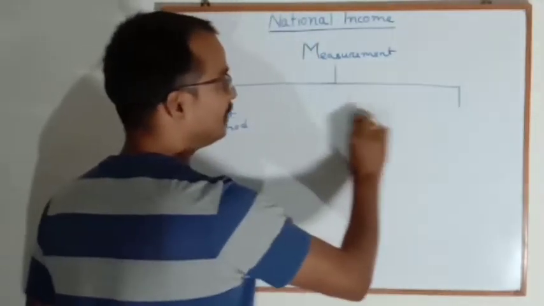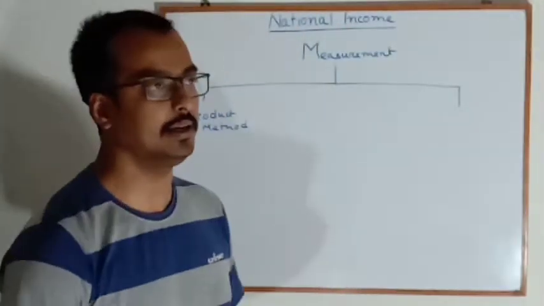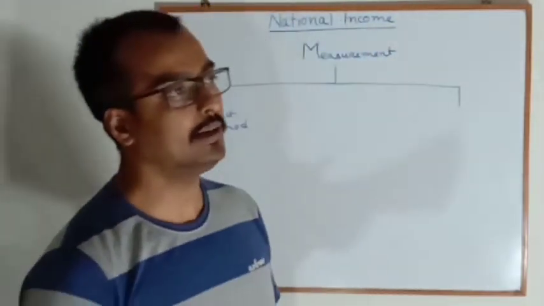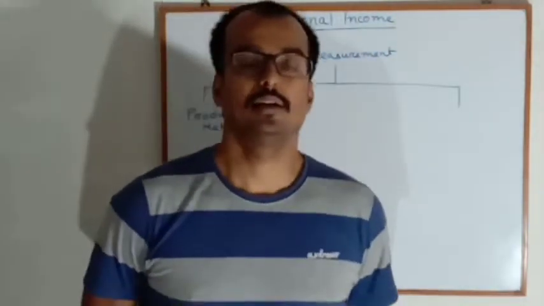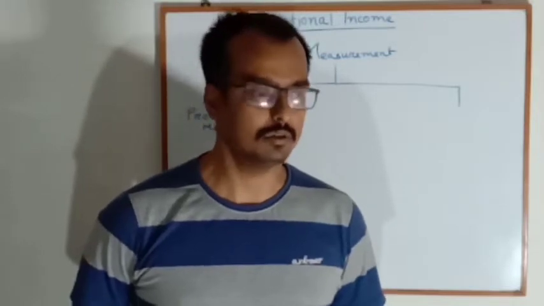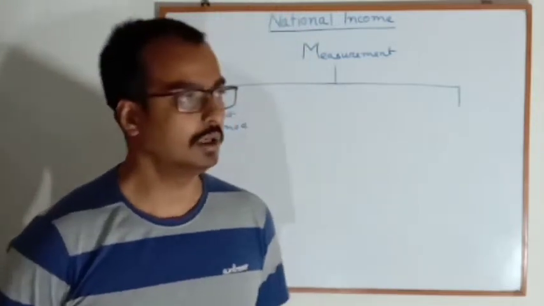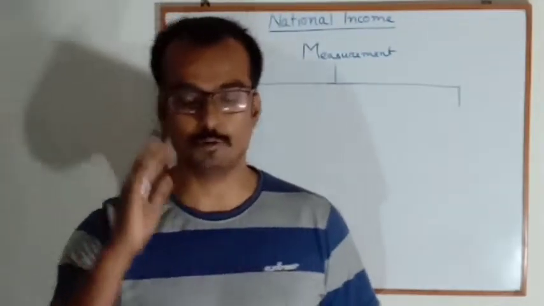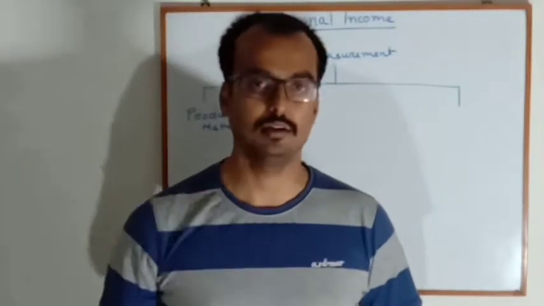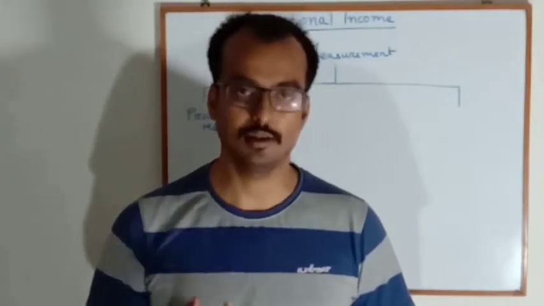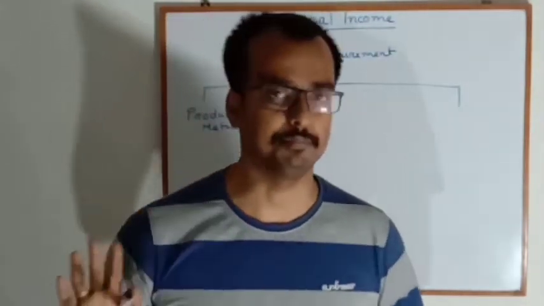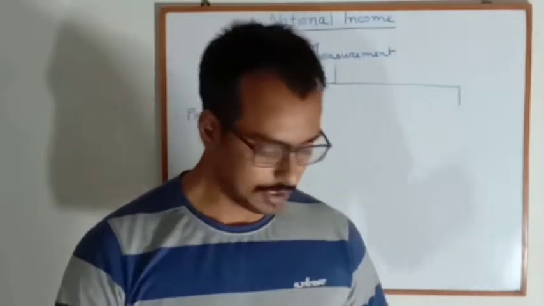So national income, as I have said, is the aggregate money value of all goods and services produced by a country within a definite time frame. And I explained in the first video that income is equal to expenditure is equal to production. So in any way you measure the income, or the output, or the expenditure, you are definitely going to get your national income. So there are 3 roads, but the destination is same. Destination is national income, roads are different. We have explained all these things previously.